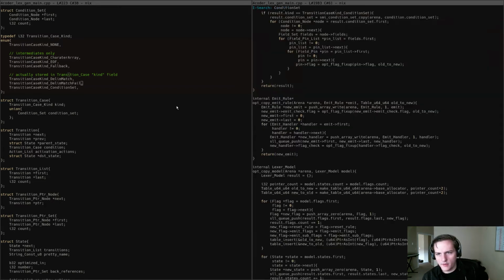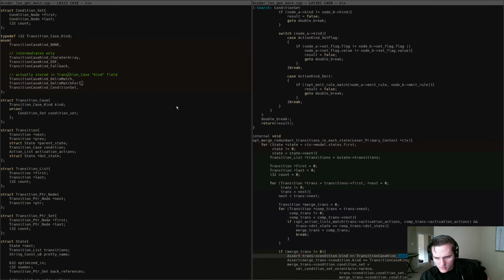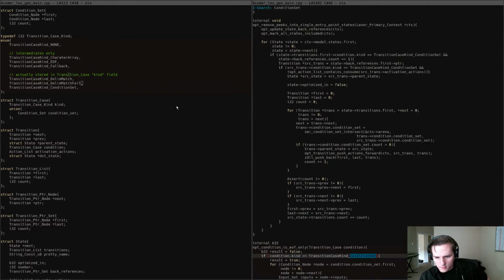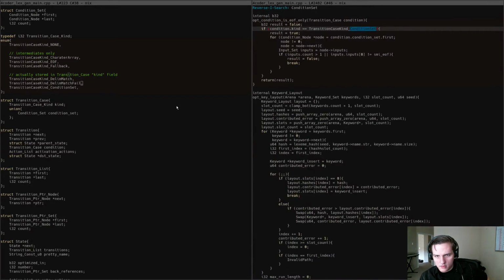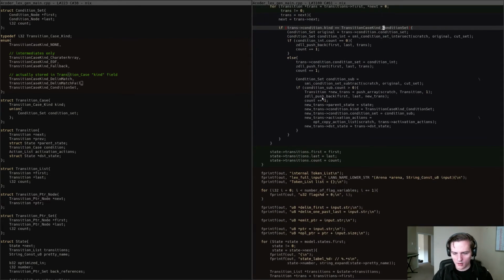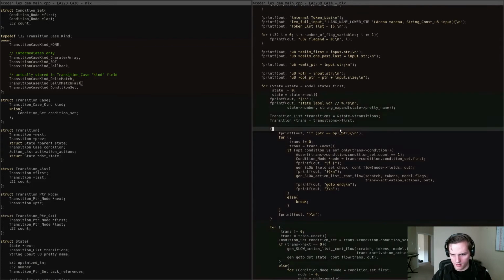Condition node, yep, that's all good. Simplify, merge redundant transitions in each state. Remove peaks, condition is end of file only. Here I'm doing the sorting. And then here,